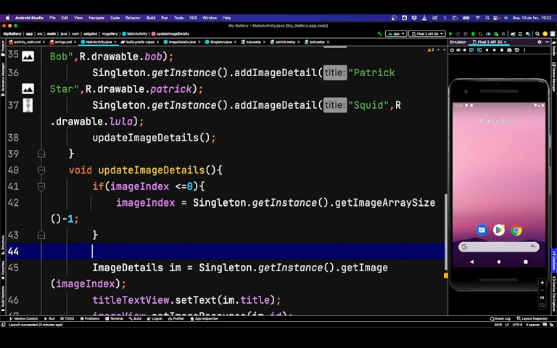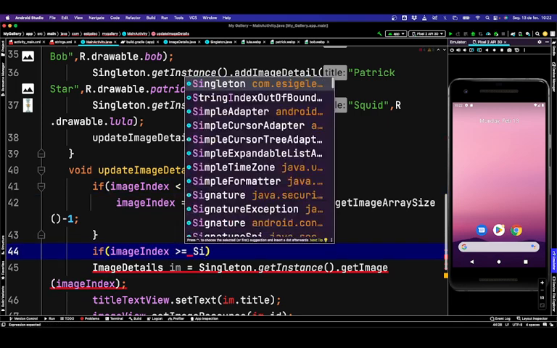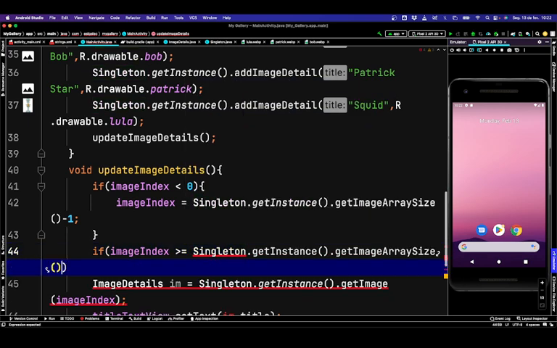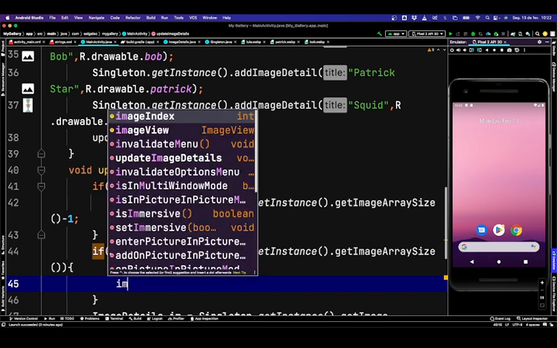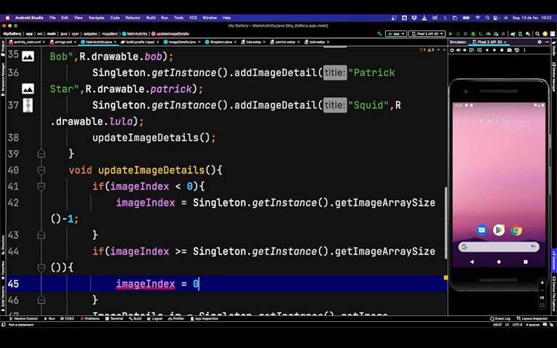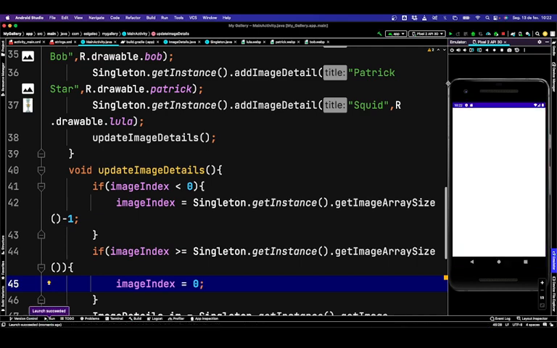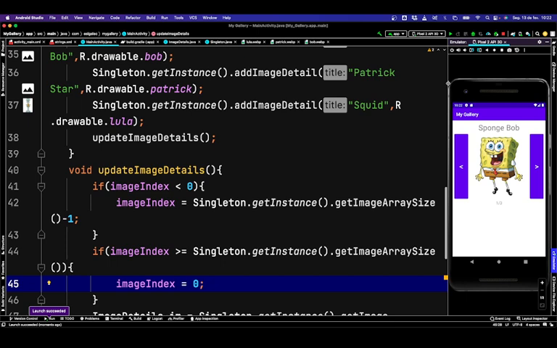And also, if my image index, actually not just less than, is bigger or equal than singleton get array size, we are going to do image index equals 0. So actually, if you get more than the last one, you go back to the first one. So now, if I'm on the last one,